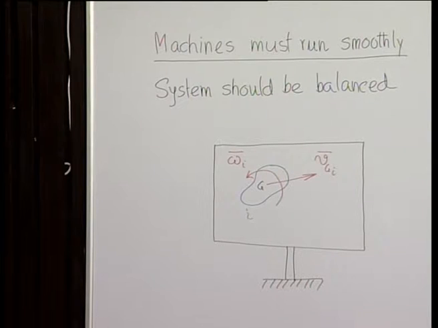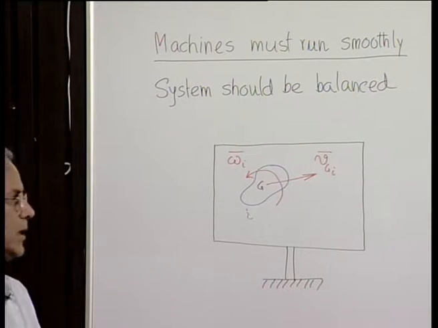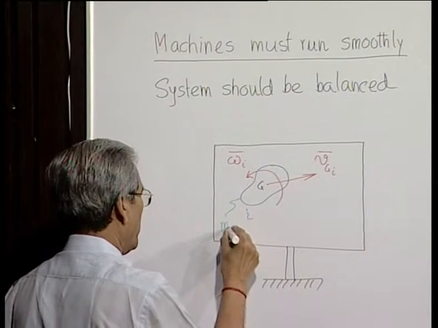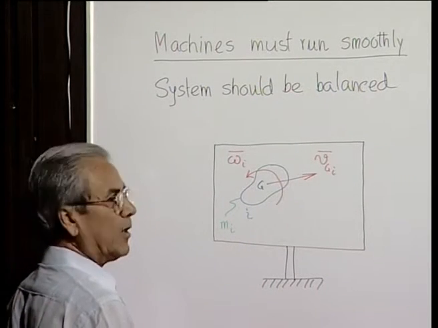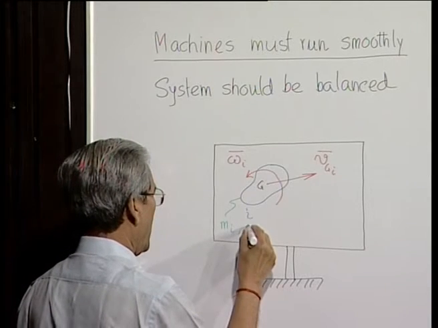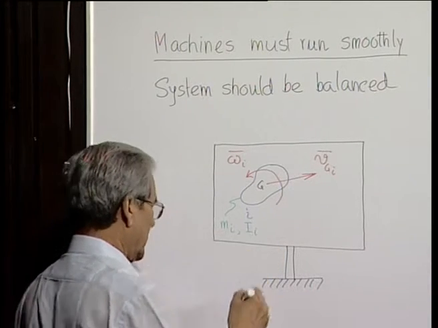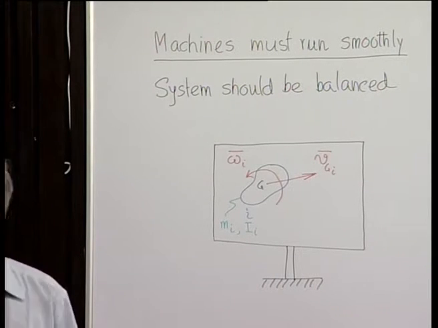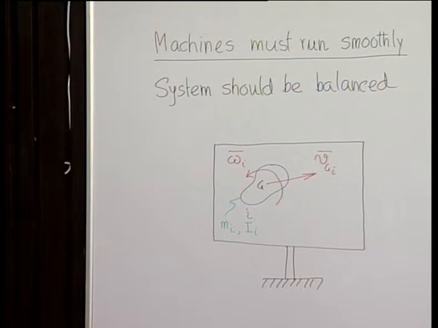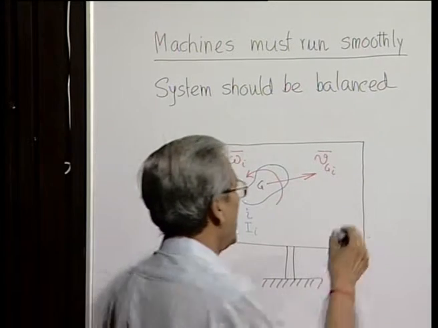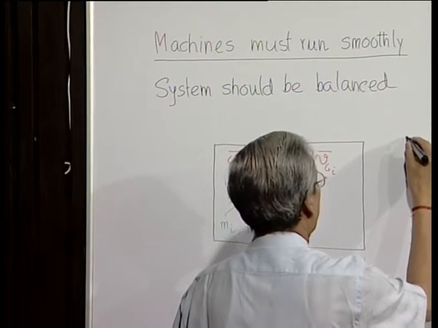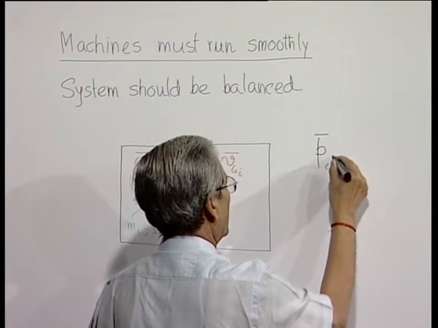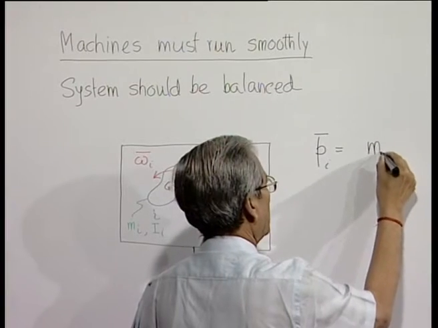Let the inertial properties of this member be denoted by m_i, that is the mass of the object, and I_i, the centroidal moment of inertia of the object. Then the angular and linear momenta will be given by